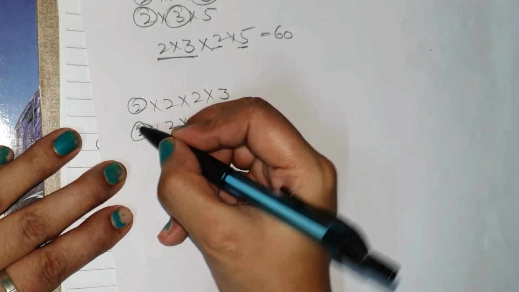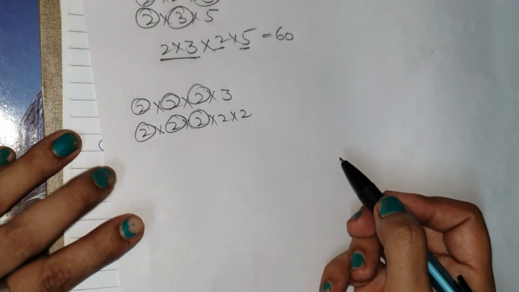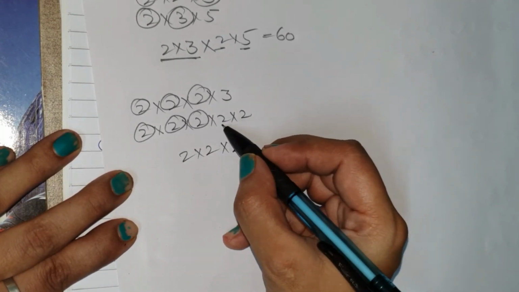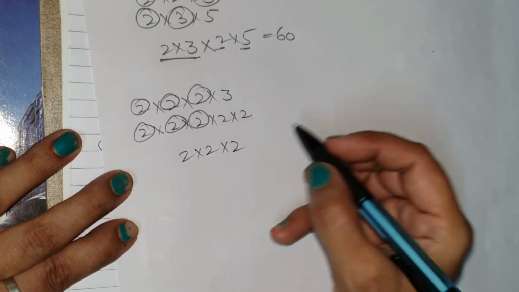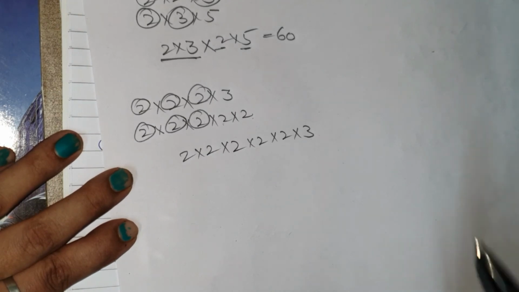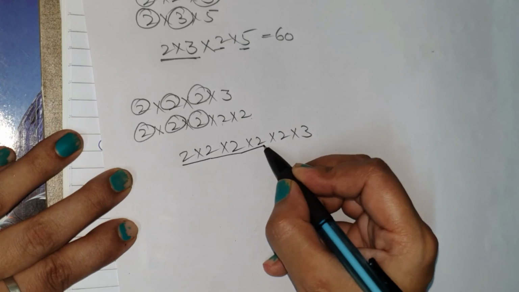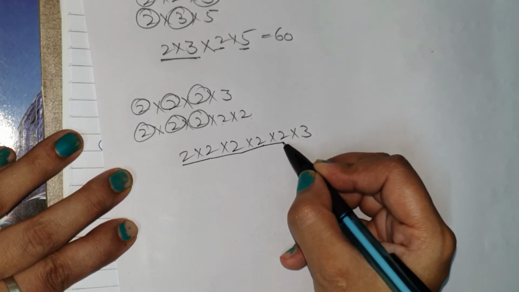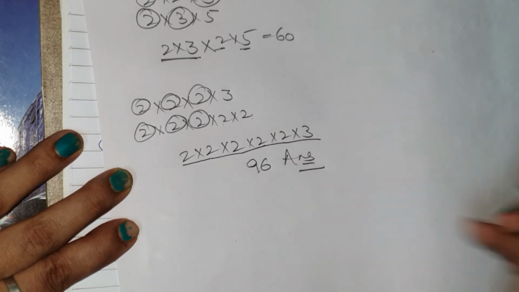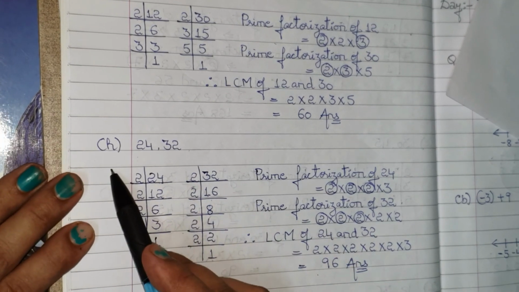Now take common, 2, 2, 2. So 3 times number 2 is coming common in both. So firstly we will write this common 2, then we will write uncommon. So 2 times number 2 and 1 time number 3 is uncommon. So we will write this 2 times number 2 and 1 time number 3. Multiply, 2 2s are 4, 4 2s are 8, 8 2s are 16, 16 2s are 32 and 32 3s are 96. This will be your answer. Okay, 96 will be your answer of your H part.